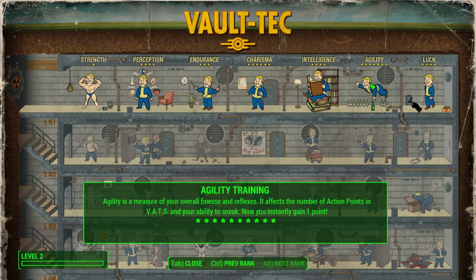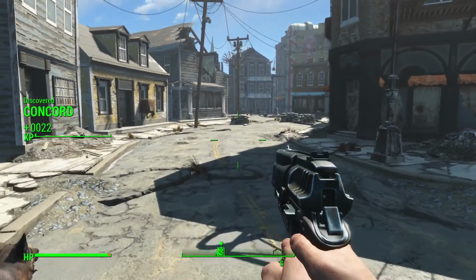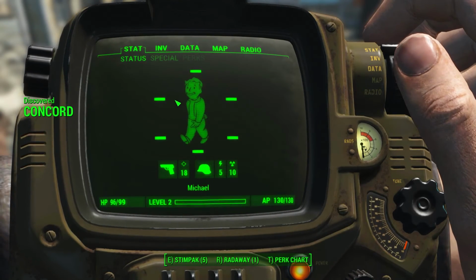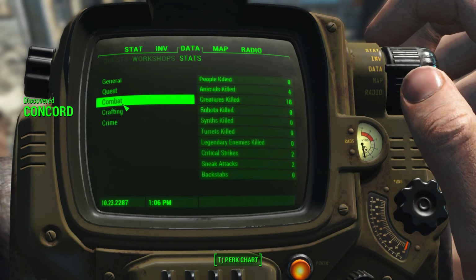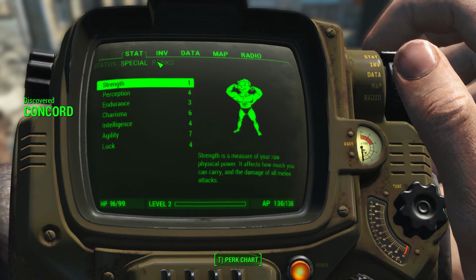Just so you don't do the same thing and think, I have to choose a SPECIAL skill. You don't have to do it. You can, like I did there, but you don't have to. Just so you don't make the same mistake I did when you first play the game. Which, to be fair, I probably would have raised a SPECIAL stat at some point anyway, so it doesn't really matter a whole lot to me, but...